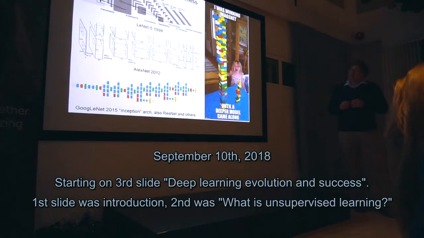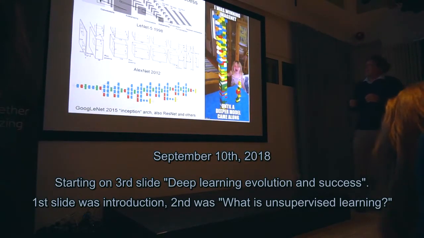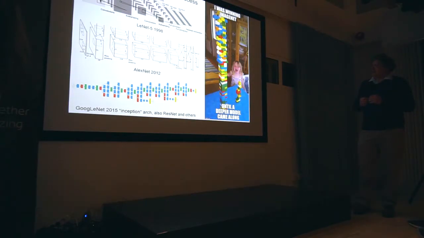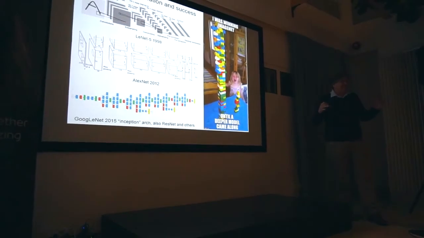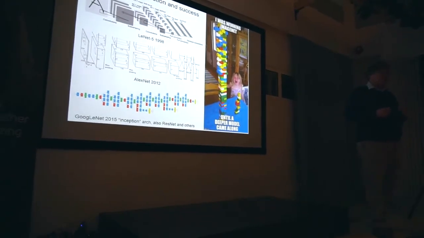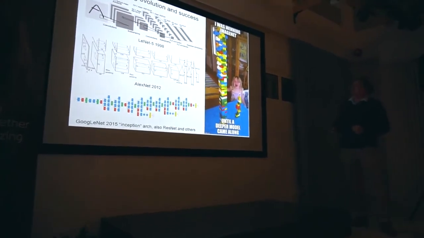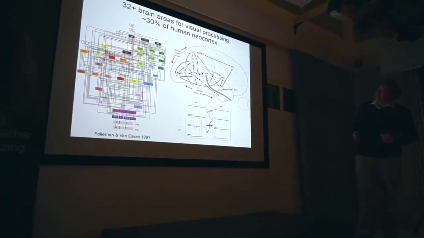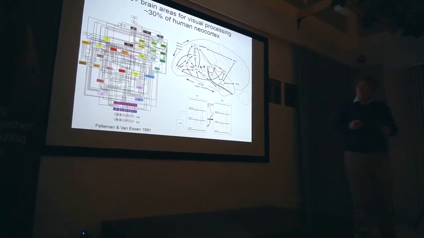Adding more and more layers and different kinds of layers has made great progress, but in a certain way we're reaching a kind of plateau. It doesn't look like this is the way to get to general artificial intelligence. For example, the way the brain does visual processing